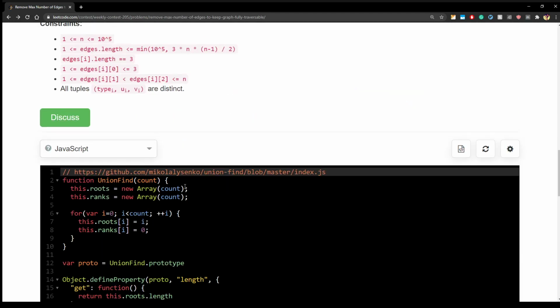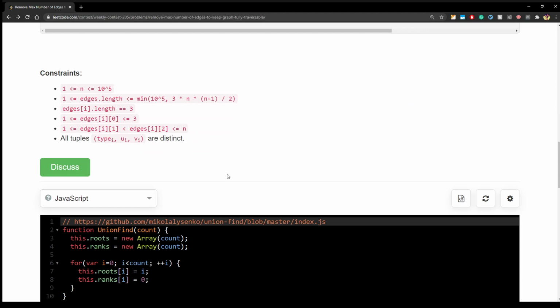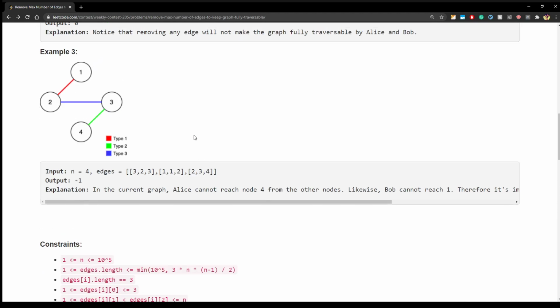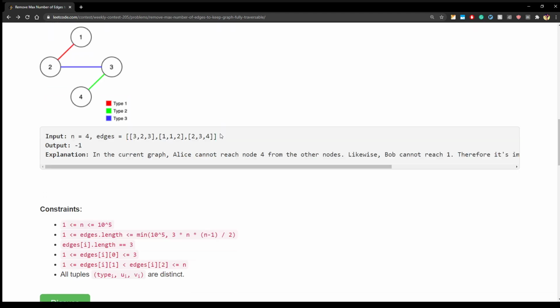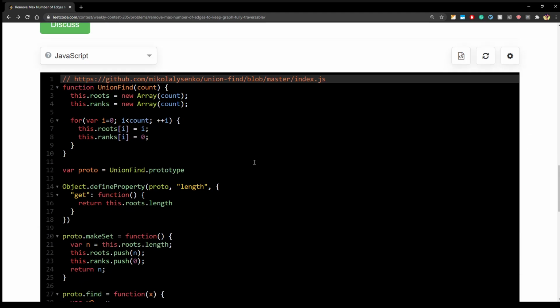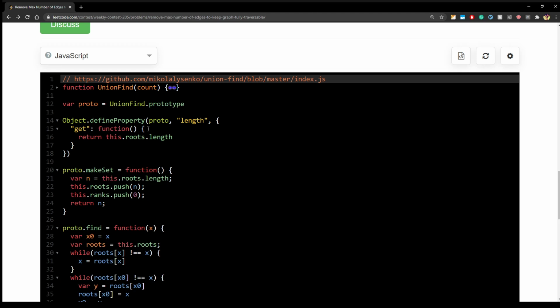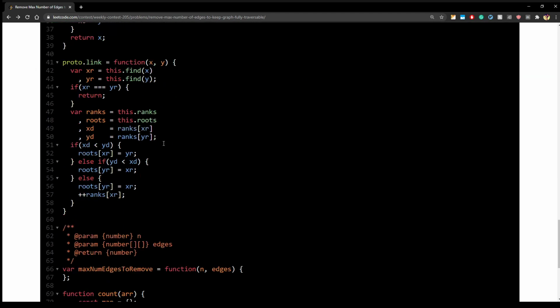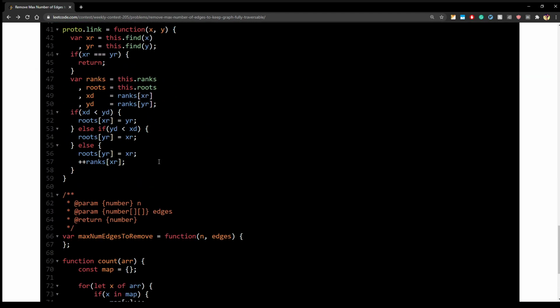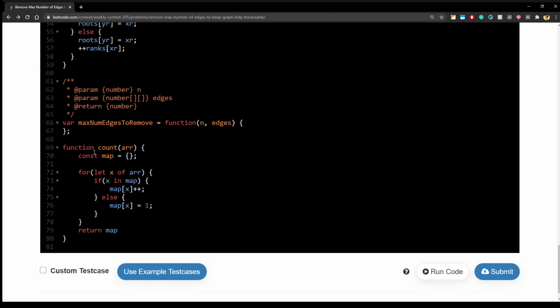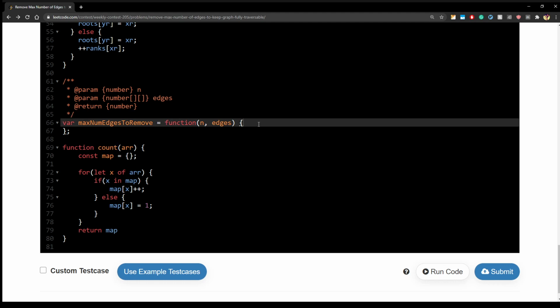So union find, what it does is it lets you do those operations: connect, add something to a component, and tell me if two different things are in the same component, right? So this is a union find problem. You can read about it, what it does. This is the union find implementation. Now I am making one frequency array like we made in, I think, the second problem. So this is exactly the same. You can just read it. We are counting something, then we will use it.